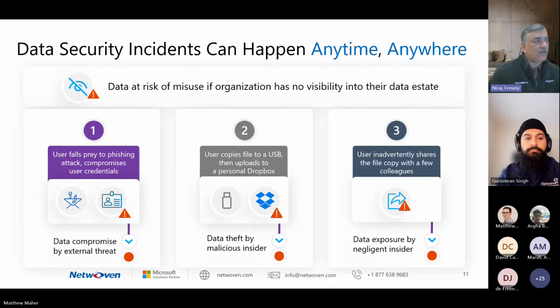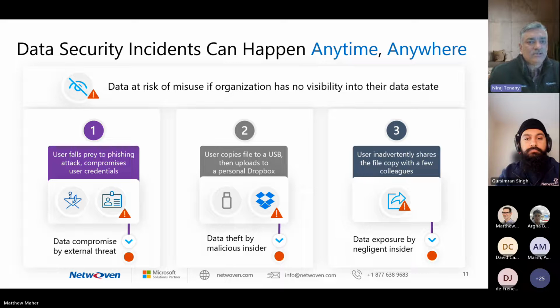So with that, as David mentioned, there are a lot of data security incidents happening anytime, anywhere. Users fall prey to phishing attacks. We know that users copy files to USB, and I'm sure you have been watching the news in terms of the data exfiltration that has been happening, and users inadvertently share the file copy with a few colleagues.